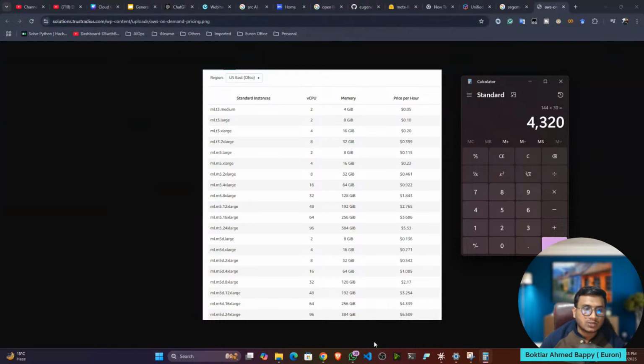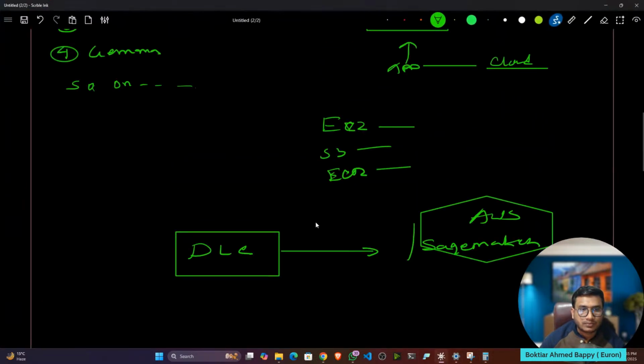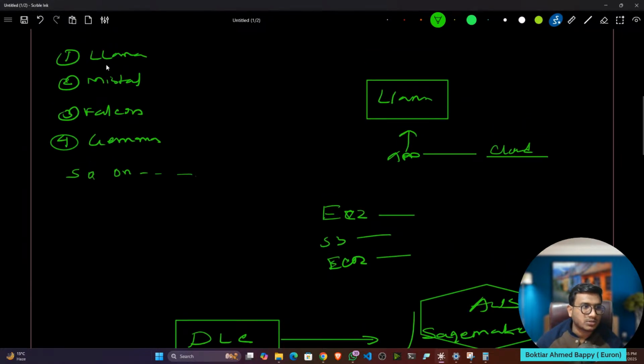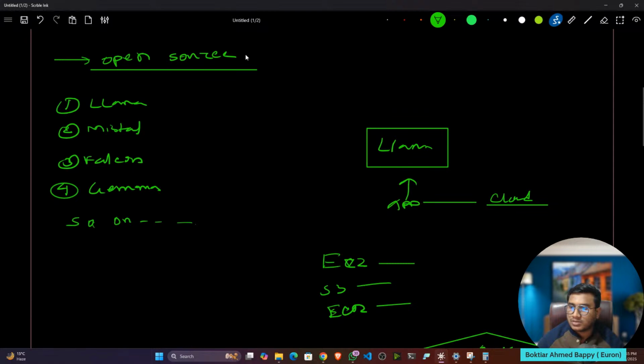If you are hosting these open source models with your custom server, no, right? At the end, it will charge you a lot. Then what is the better option? The better option is to use the OpenAI model, because the OpenAI model will take very little money at the end of the month. So people will start using the OpenAI model.